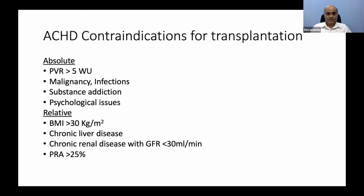Now, absolute indications, we heard. Contraindications, very few: pulmonary vascular resistance beyond 4 to 5 Wood units, and other general things like malignancy, infections, substance addiction, etc. Some of the relative contraindications are increased BMI, chronic liver disease, chronic renal disease, and very high PRA levels. These are all relative because